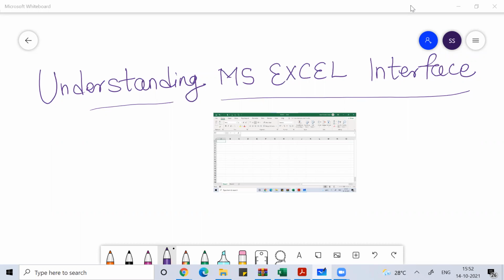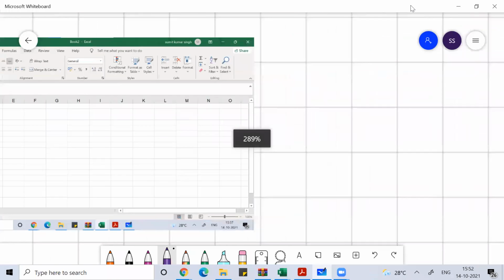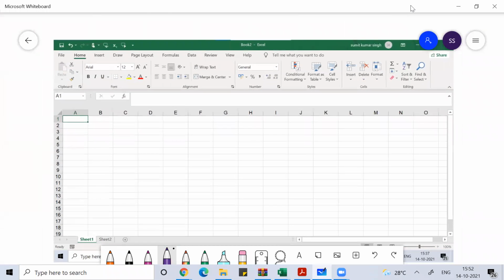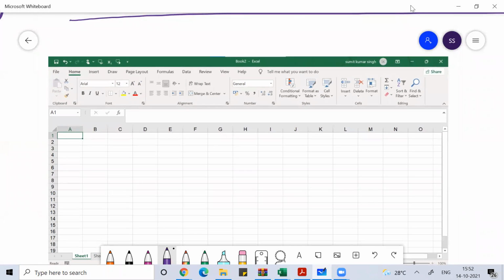Guys, in this class, I'm going to just discuss the basic Excel interface. So, I believe you have seen something like this. Definitely, you have worked a lot on MS Excel. You have seen an interface like this. We'll talk about this interface. Don't worry, I'll not teach you on this screenshot. I'm going to open a real MS Excel and work on that to explain each and every concept.